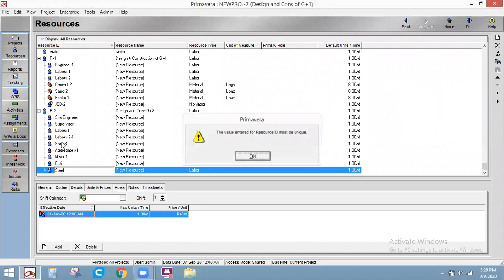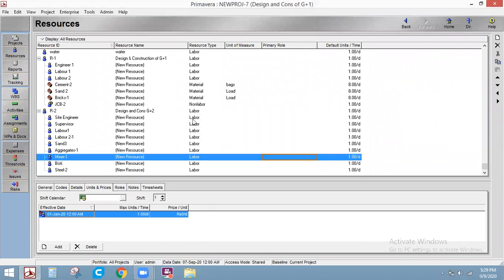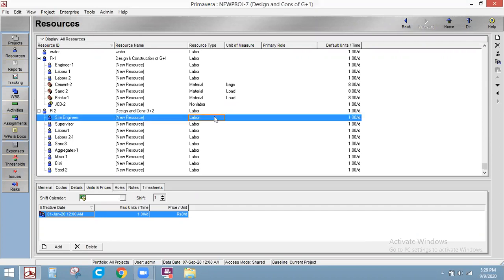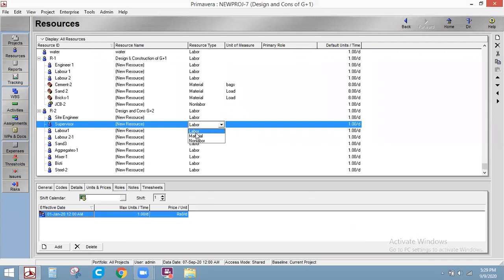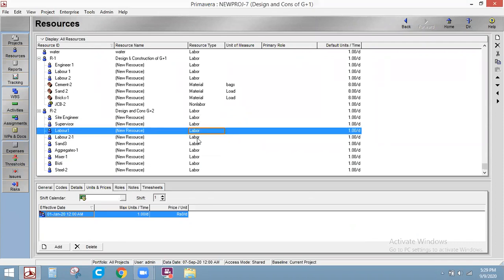Now I want to segregate this into three kinds because we have three types of resources, right? Labor, material, and non-labor, as we discussed earlier. Site engineer will come under labor, supervisor comes under labor, labor one and labor two are also under him.